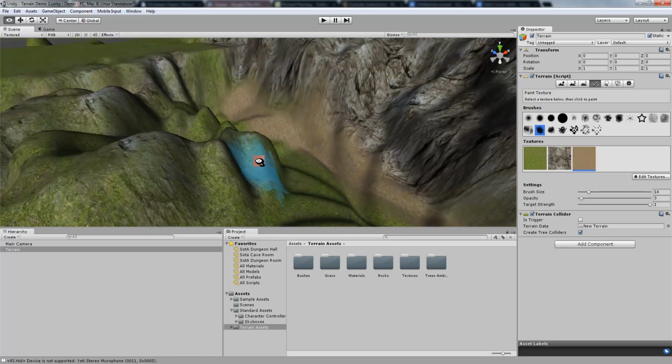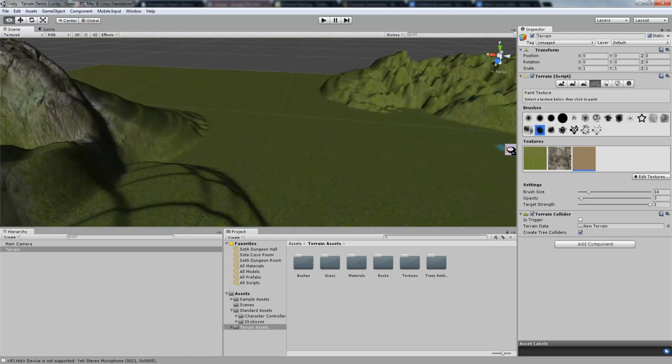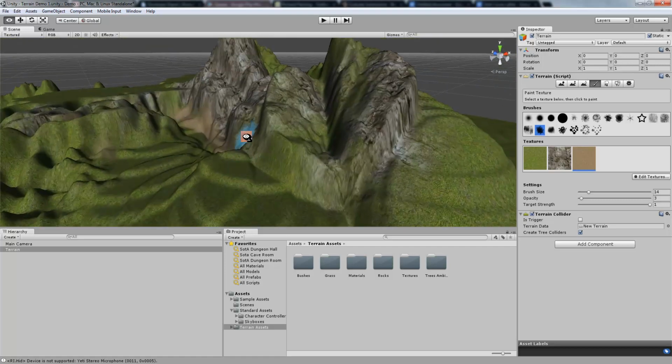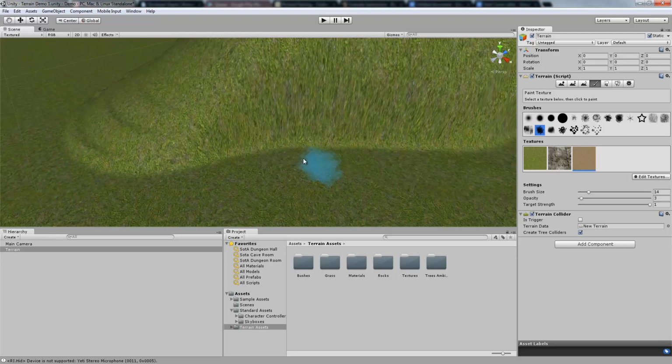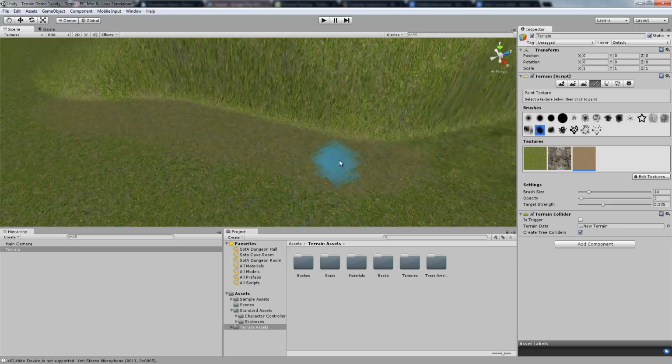Now I could change my opacity settings, or my target strength too. So let's say I know I want to make this part over here dirty, but I don't want it full on strength. I can change this. So I can say, okay, you know what, I only want to go up to 33% strength. So no matter what I do, I'm not going to go above 33% strength on this area here. Now maybe I want to bump it up a little bit more, give myself some stronger edges here, and maybe a little bit more